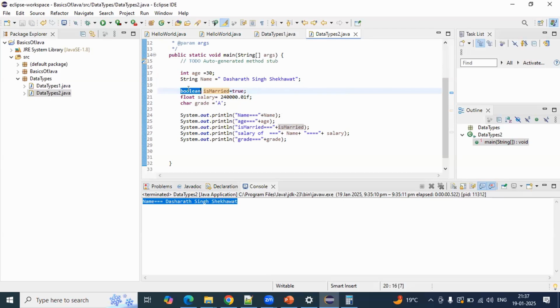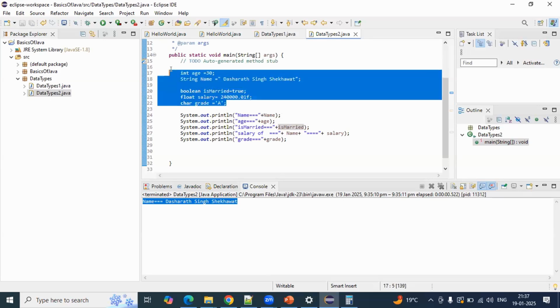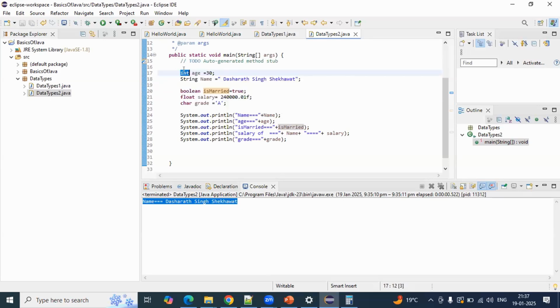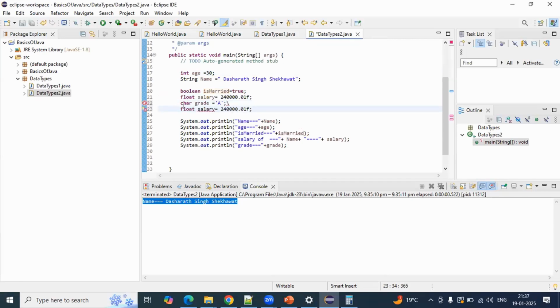First is data type, always, while declaring a variable. First you always have to define the data type: what kind of data it will store. Age will store an integer kind of data, string will store some string kind of data. Boolean is true or false, only two types of data, that's why it is a single bit. Float will store up to 5 digits of decimal point. Double also we can use. I'll just say here double